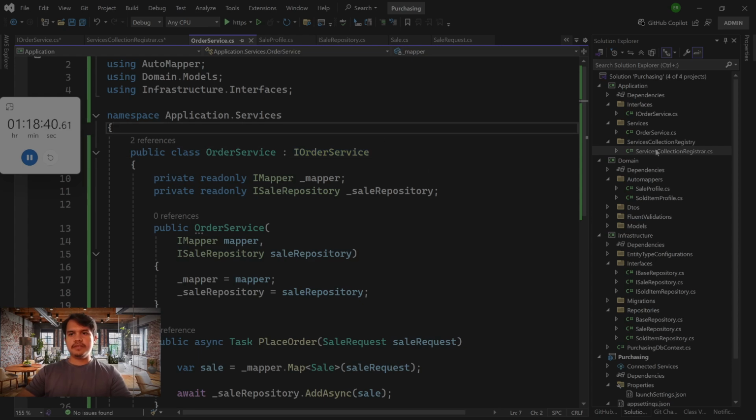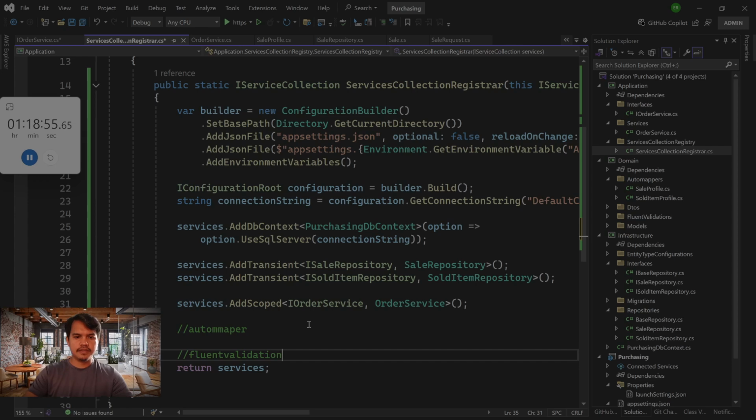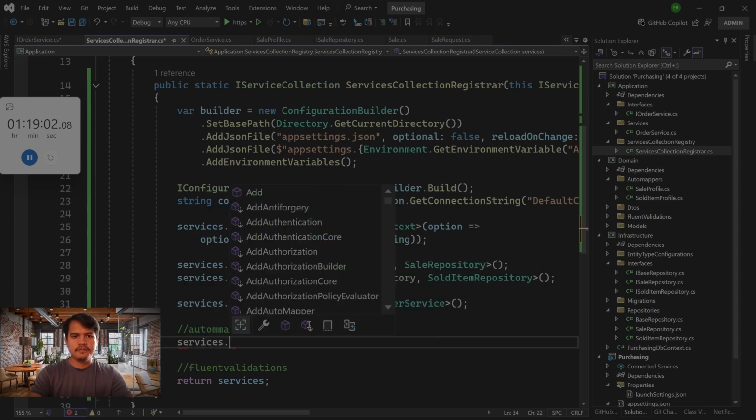Okay, so it's fixed now. The error was gone. And then we also need to add the AutoMapper and the loop validation. In order to do that, it says